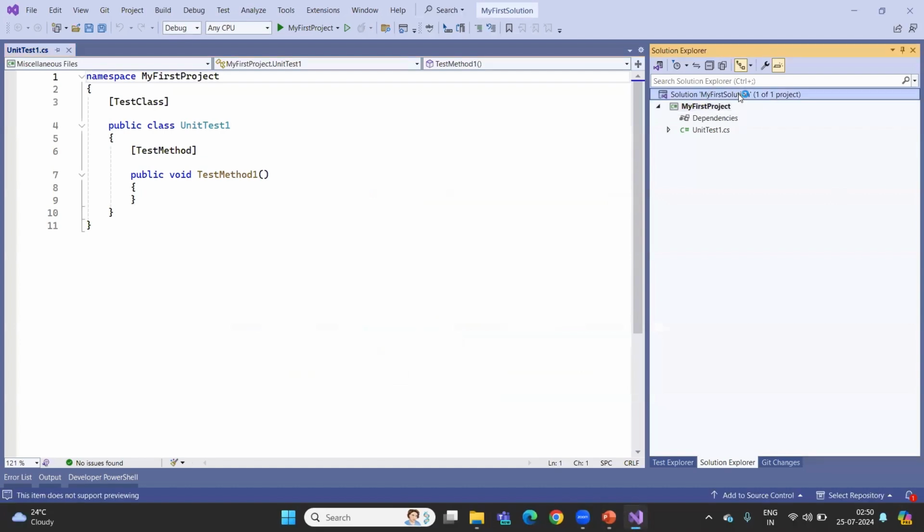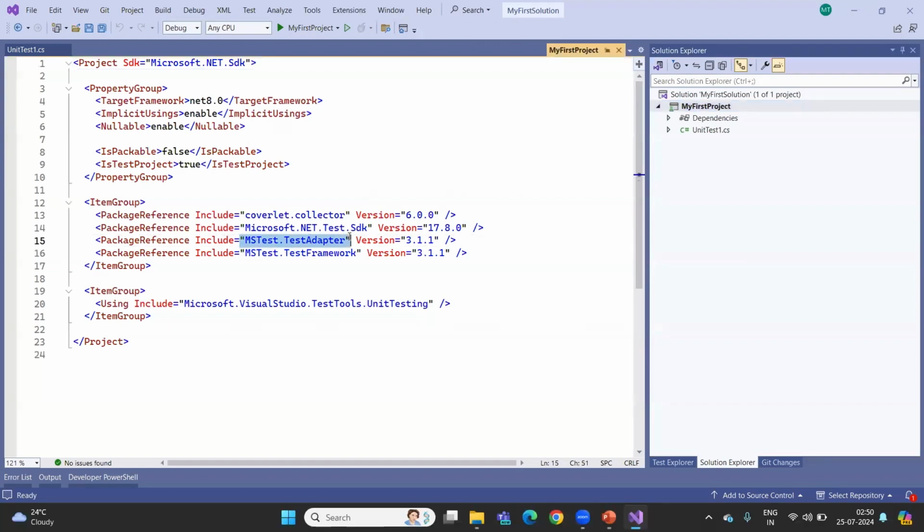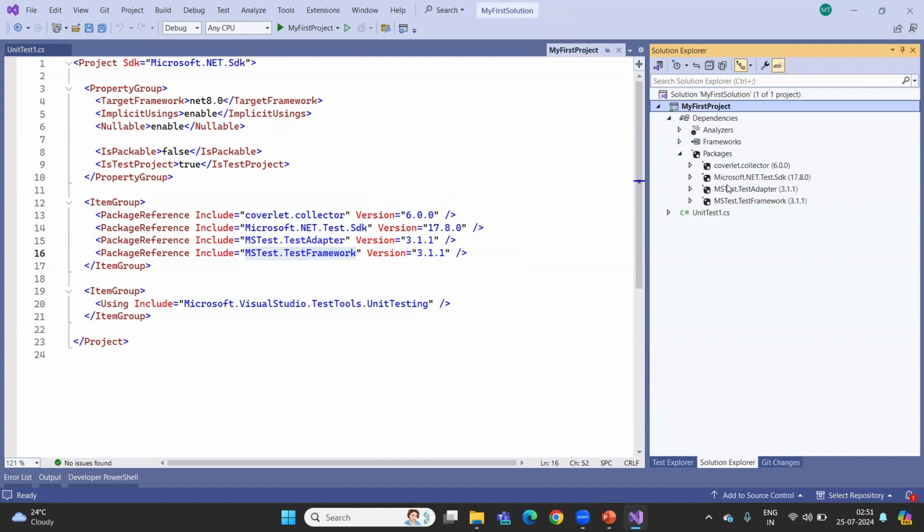See, we have selected first solution and first project, and inside the project we have selected MSTest. That's why it is showing the MSTest adapter and MSTest framework. The MSTest adapter helps us to execute our test cases, and the MSTest framework helps to create our framework. You can find the same thing inside the dependencies as well. Click on the packages, you can find what we are seeing over here. So now